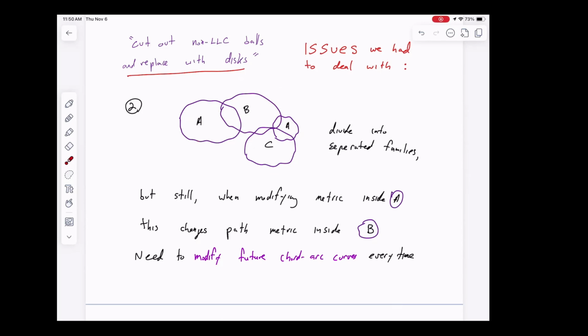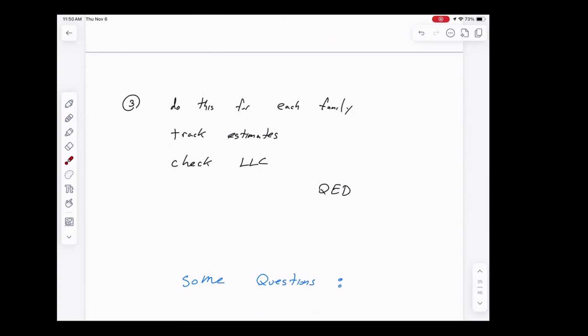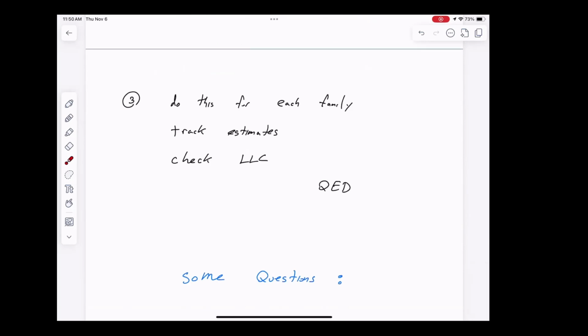And then I do this for family A, and I do this for family B, and I do this for family C. And there's a finite number of families that I have to do this for. And after I do all of this, we're going to need to check that what you got is LOC. So you're going to take a generic ball, and you're going to have to contract it. And that's it. So that's the outline of the proof.